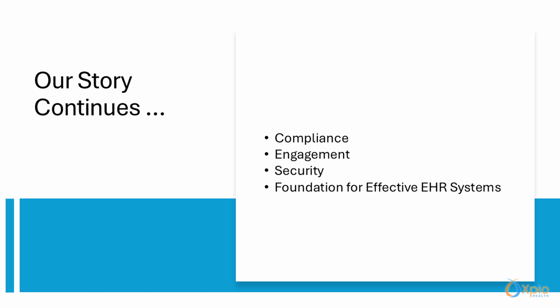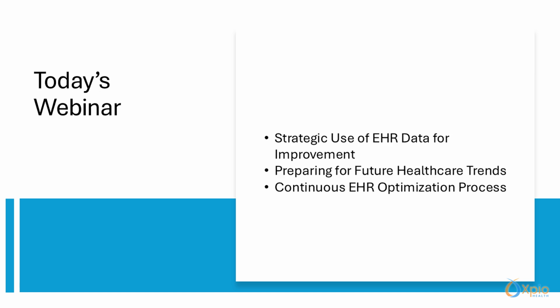These foundational pillars, compliance, patient engagement, and security, are the bedrock upon which effective EHR systems are built. They support the seamless use of EHRs to enhance healthcare delivery and improve patient outcomes, setting the stage for more advanced applications and optimizations. Today, we're moving into our final session where we'll build on these foundations and explore more